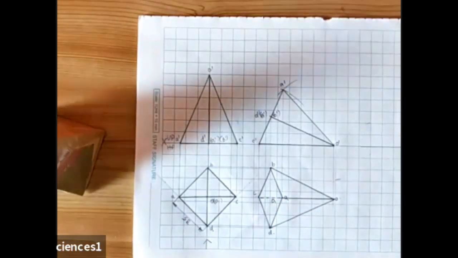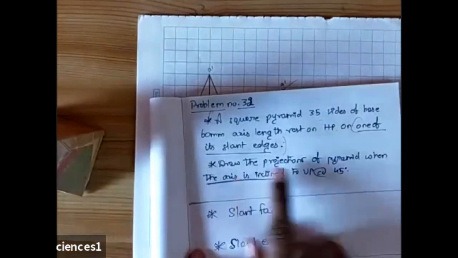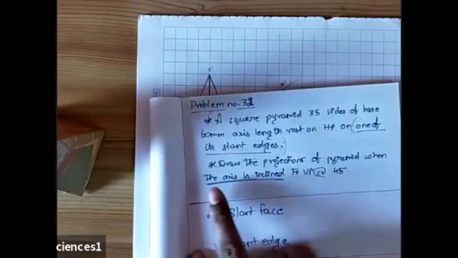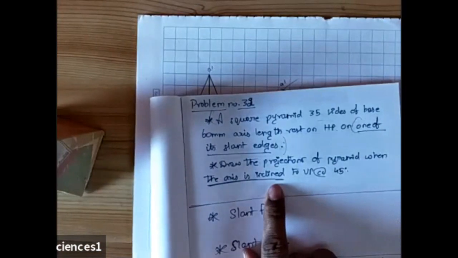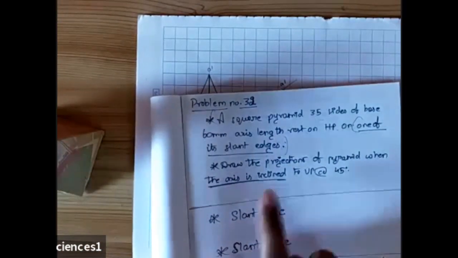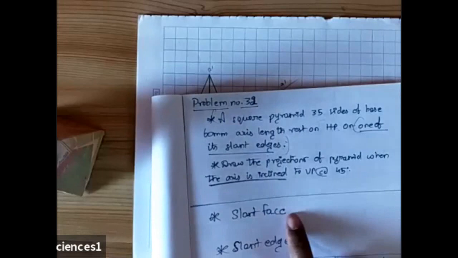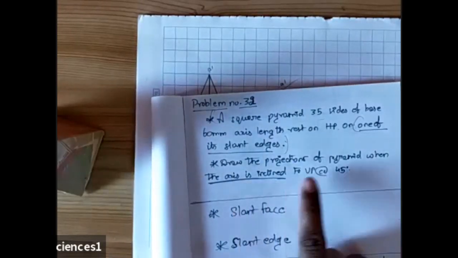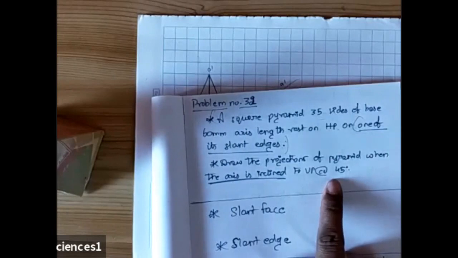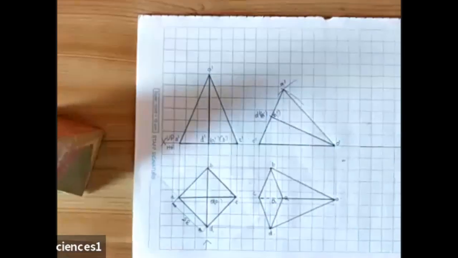Coming to the third condition, what he has given you. Draw the projections of the pyramid when the axis is inclined. Okay, you know that when the axis is inclined, what is the third condition? You'll be getting an apparent inclination. So he's telling that the axis is inclined to VP at an angle of 45. Okay. Now,